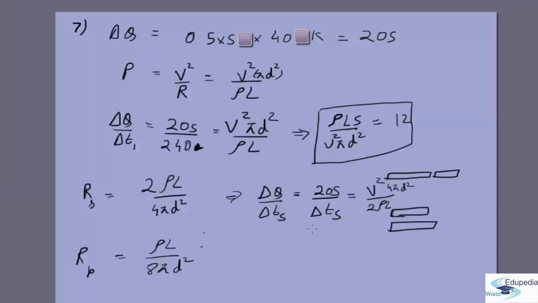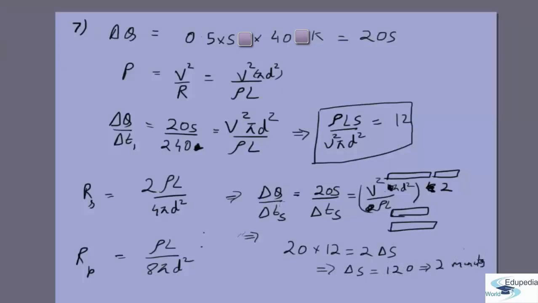Right. So from this what we get is, we just take this 4 outside for a second and this 2 outside, so 4 by 2 will cancel and give me a factor of 2. And we know rho L S by V square pi d squared is 12. So this gives me 20 into 12 is equal to 2 delta s, which means delta s is 120 seconds, or 2 minutes